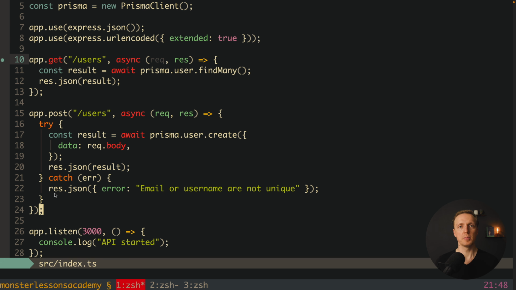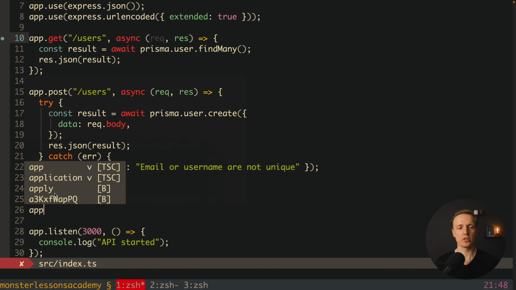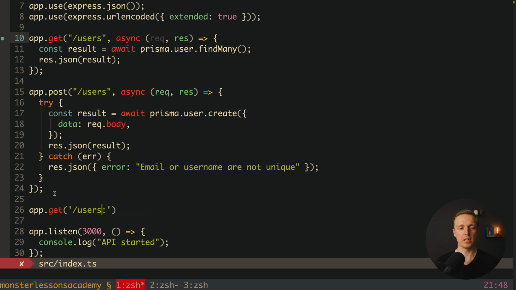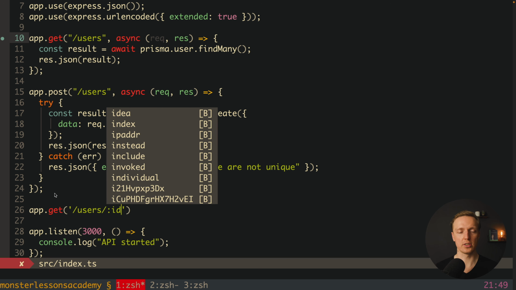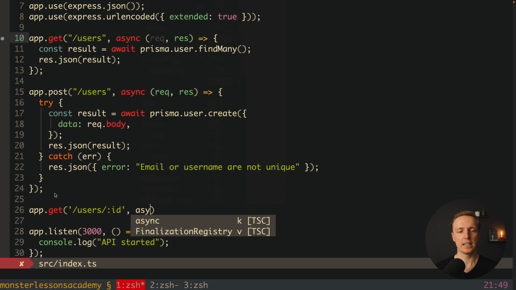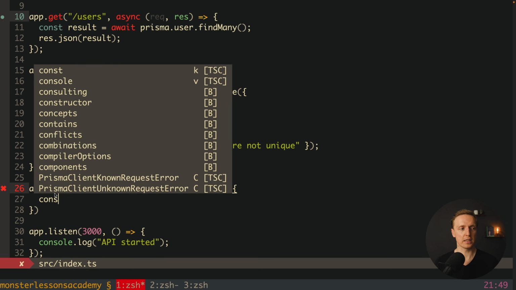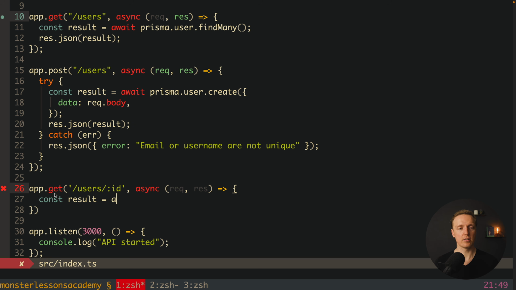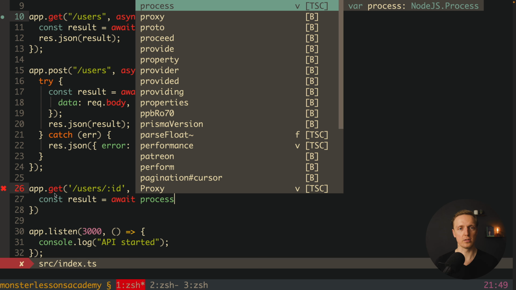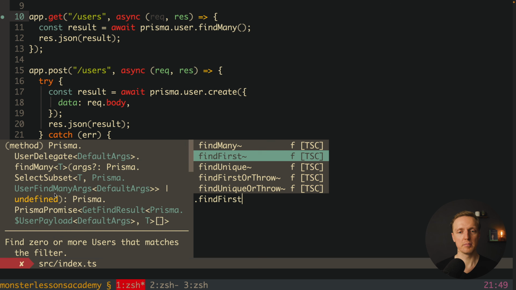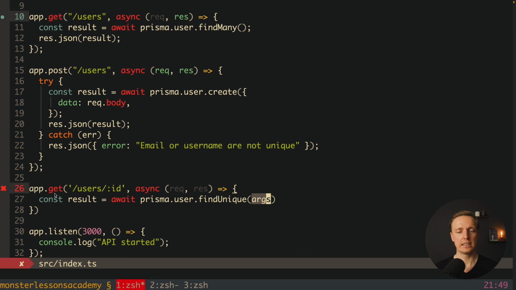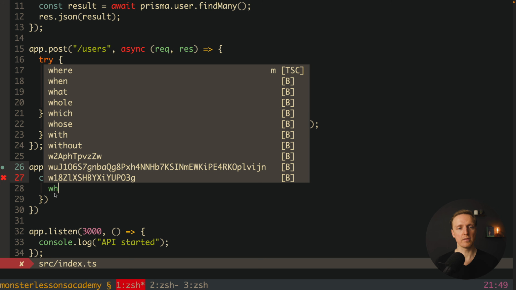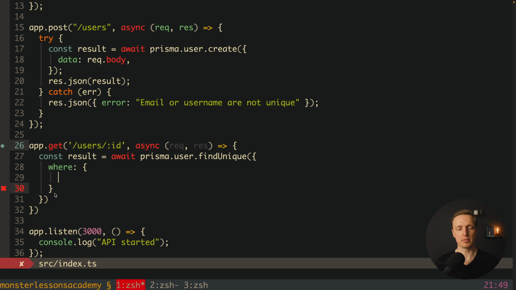Now we must implement getting a single user, which is also extremely simple. So here we're creating a URL /users and the dynamic ID. And we have here our callback with request and response. And what we want to get back is a result by calling await on prisma.user.findUnique because we are sure that our ID is unique. And inside we can provide a where predicate with some constraints. In our case, we are looking for a record by ID, and here we can write